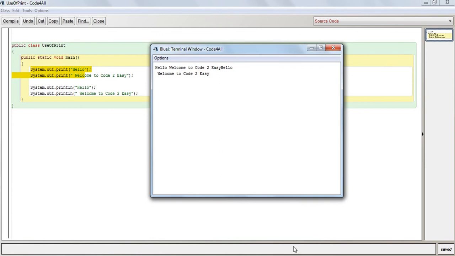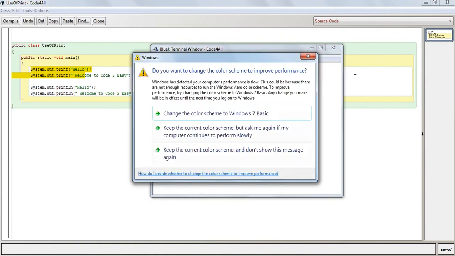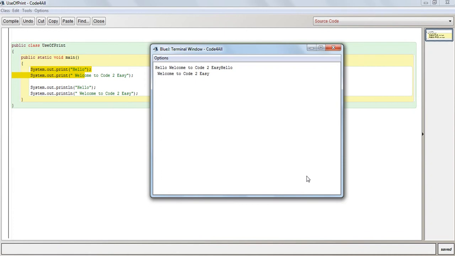So due to this, for the first set of printing, all these statements or the arguments of the print command, which are written in the double inverted commas or double quotes, have been printed in the same single line, and the second hello has come along with the first hello.